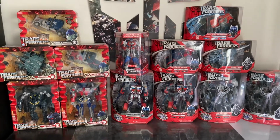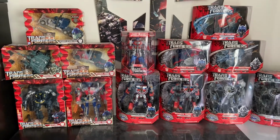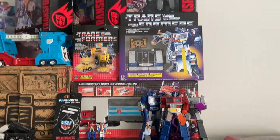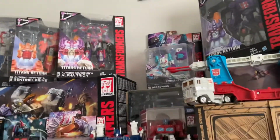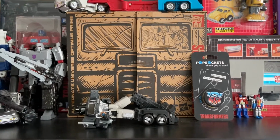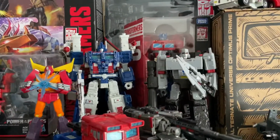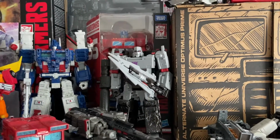I am looking at some more stuff to get. But, well, there is a change. He's just not on this desk with them. Moving over here, moved the RED figures next to the G1 guys, because I think that just looks good. We got the Prime Wars Trilogy figures up top. The Dead 86 Optimus. G1 Magnus. Netflix Megatron, Siege Prime, Siege Magnus, 35th Anniversary Prime, and Earthrise Megatron,